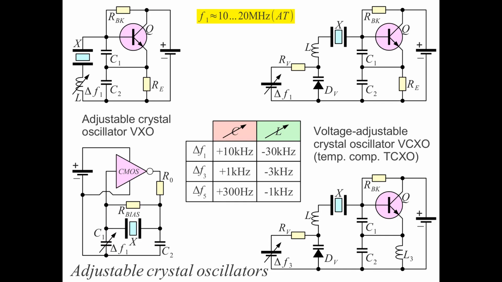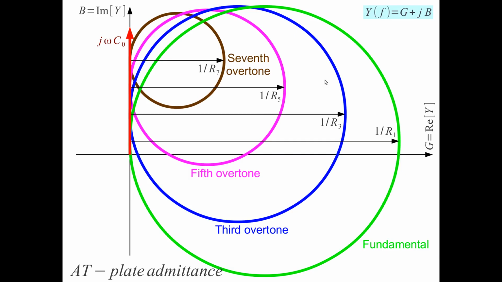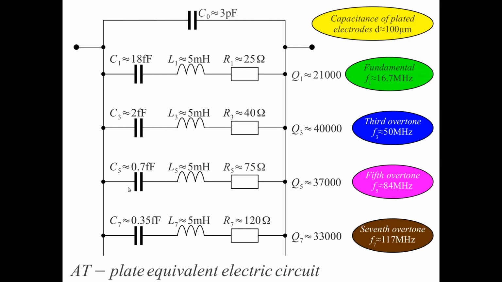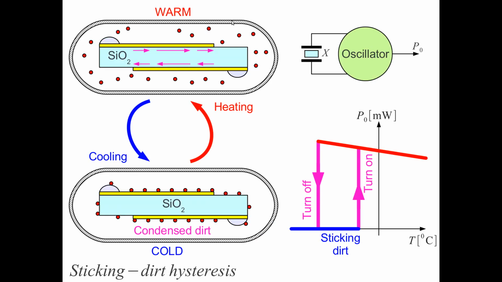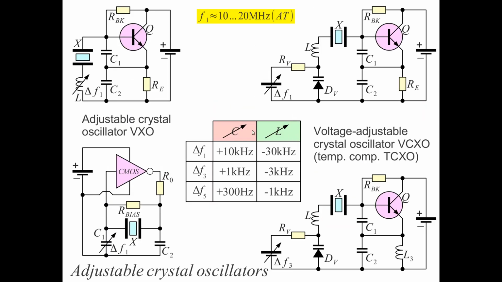On some occasions, we may need to have the crystal oscillator frequency adjustable. Since the values of the equivalent circuit are quite unfortunate, this capacitance here is 1000 times smaller than the capacitance of the electrode. Also, the tuning range doing anything outside the crystal is very restricted. So the tuning range is very restricted, especially if using an outside capacitor. If using an outside inductor, it's maybe